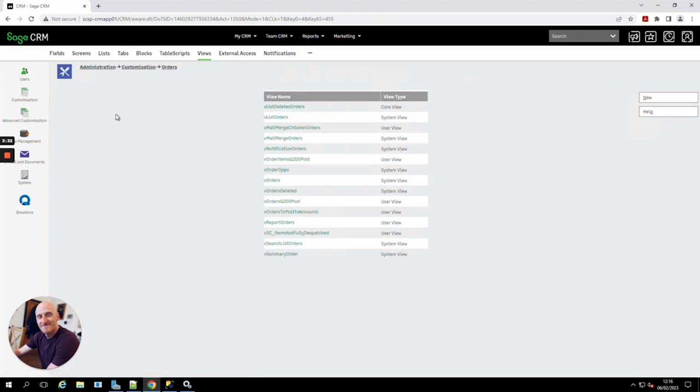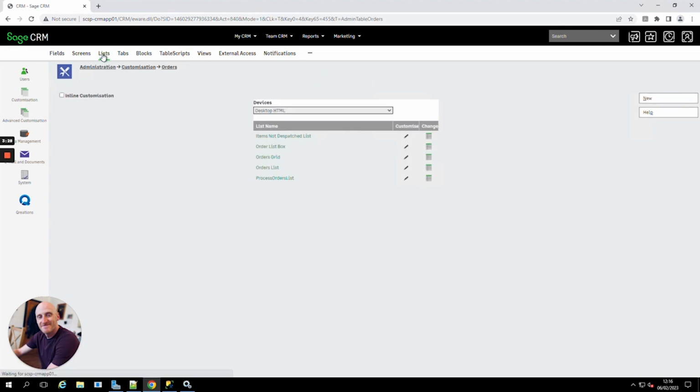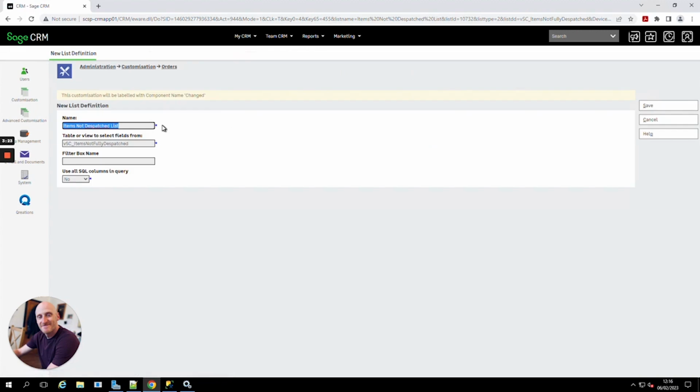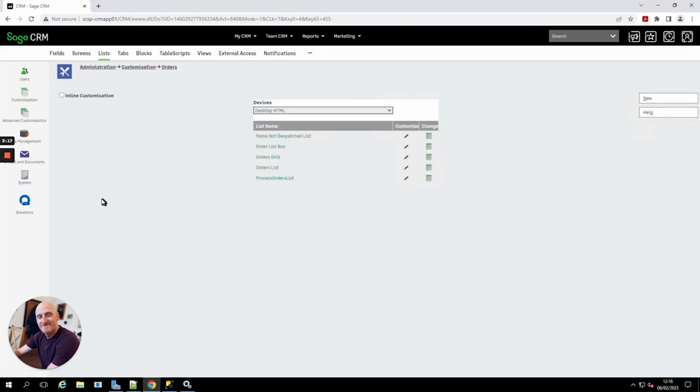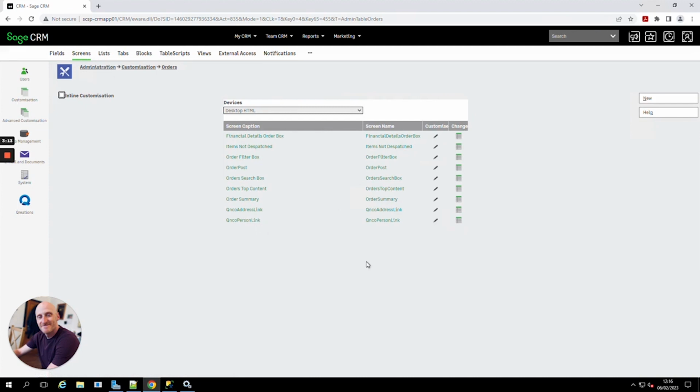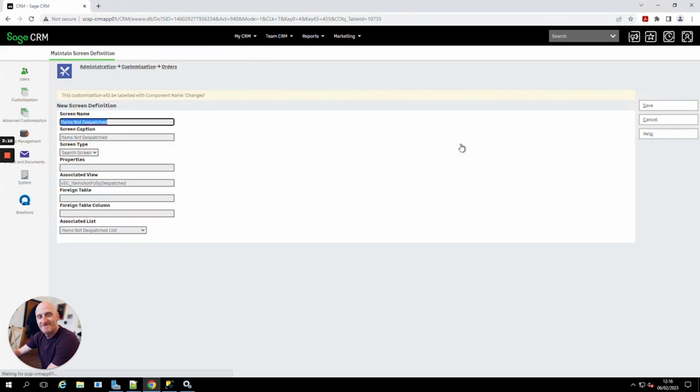Then we needed to create the lists and screens to show that to the end user. So we created our list. As you can see, the list is linking to our view. We then wanted the user to have the ability to be able to search. So we created a Sage CRM search screen that is linking to our view that we created, and also we're linking it to our list to bring the